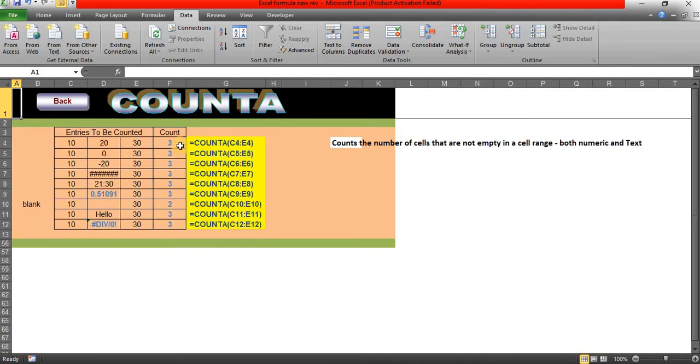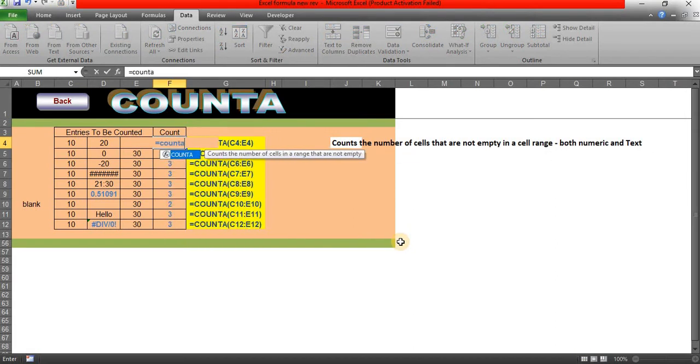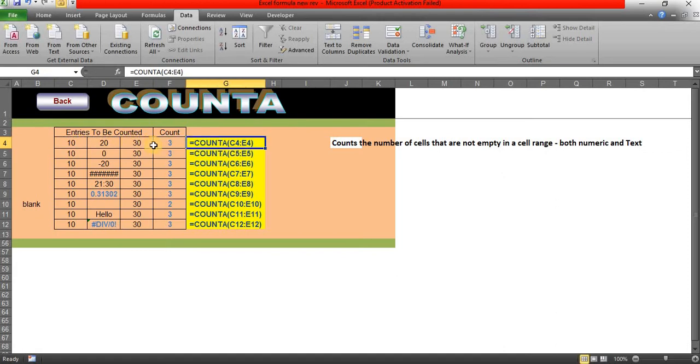COUNTA. The next one is COUNTA. For that just use equal sign COUNTA of, then select the specified range. Done. So here you can see the last three items. The COUNTA formula considers the text value as well as the errors. Whatever values are available within the particular range, it will consider. It only excludes the blank values. However, it considers all the other values, text, errors and other things.